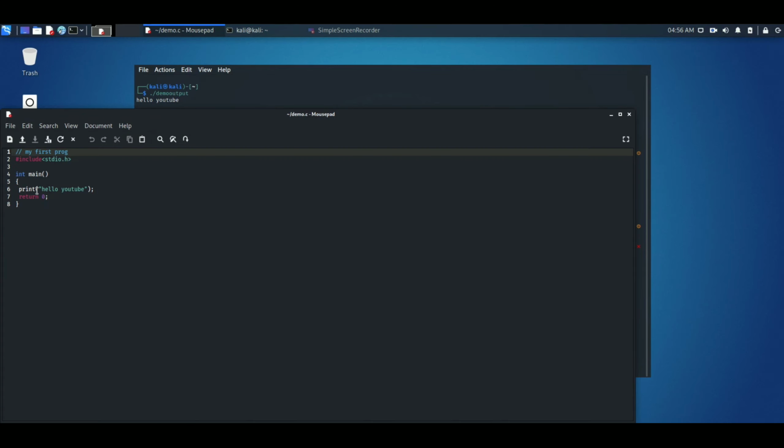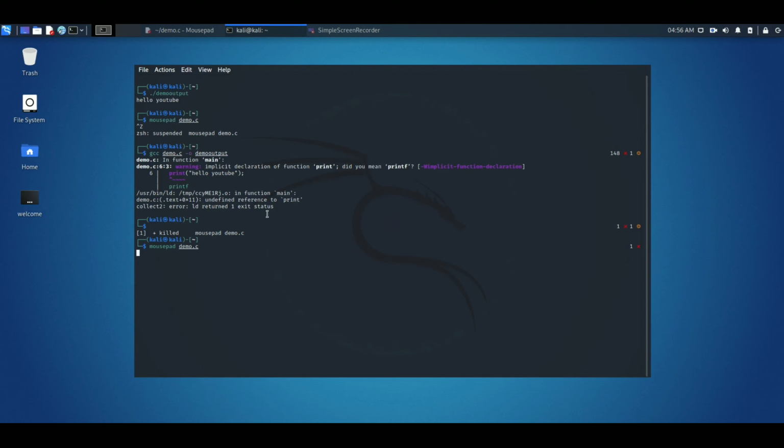So we are on our text editor, so we'll correct our code. We'll use printf, save the file, minimize it, compile it. Yeah, it's not giving an error, meaning our code is well and good. So we can execute, as we know how to execute that, ./demo output, and we get the output. So this is the way we can use the Linux terminal.